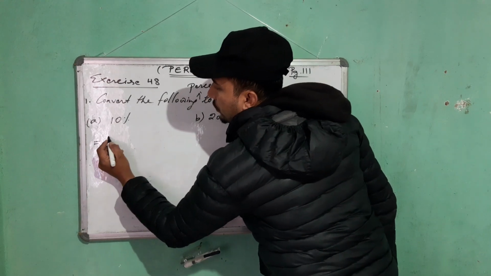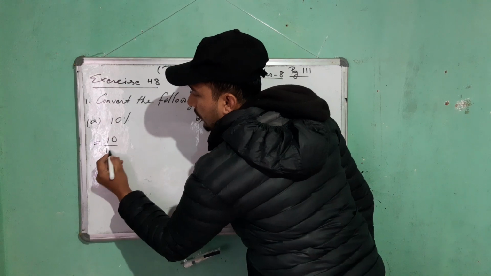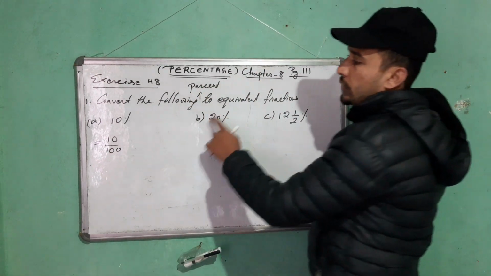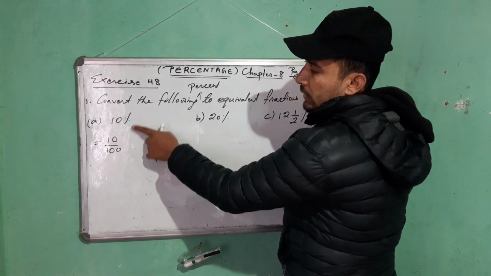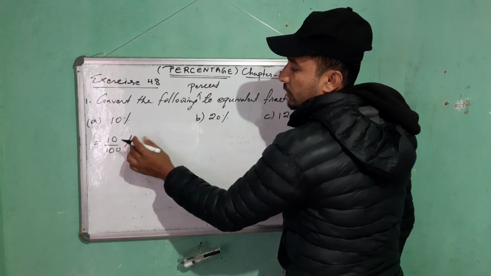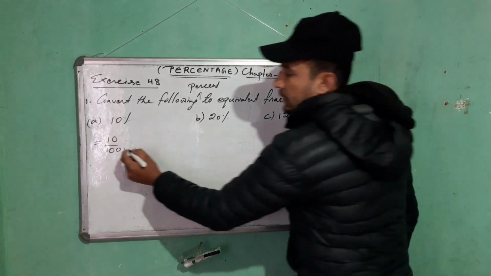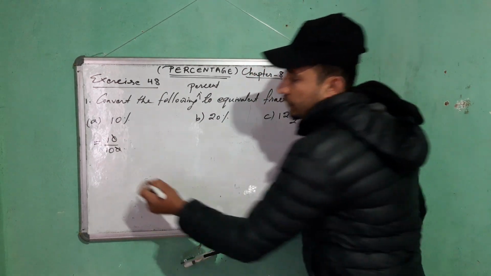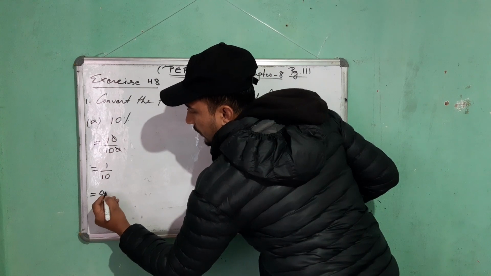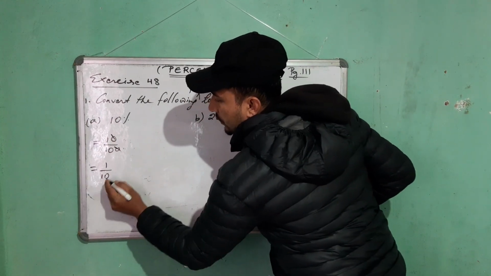This will be equal to 10. If you remove this percentage sign, you have to divide by 100. Percent means out of 100, so you write 100 in the denominator, and there is no need to write the percentage sign. Just write 10 upon 100. The 0 and 0 get cancelled. This will be 1 upon 10. You have to write it in fraction only. So this is the answer,